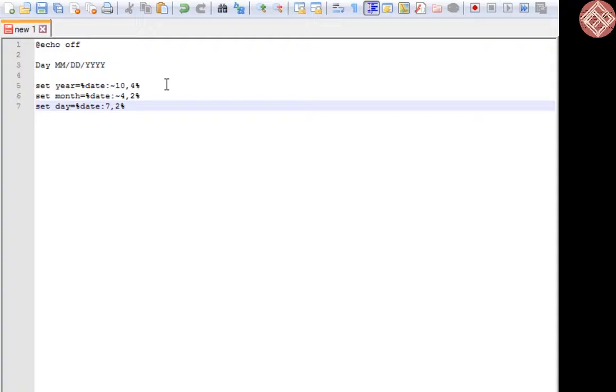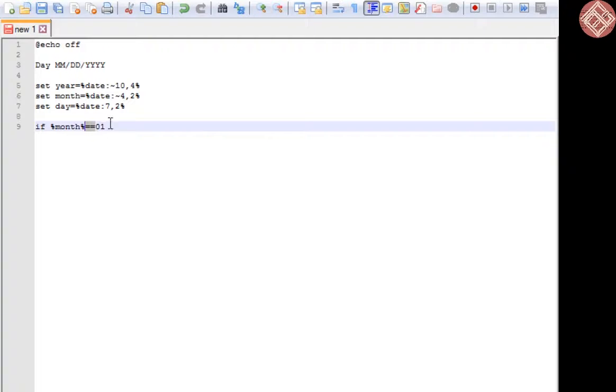Next, we need to decide the name of the month based on this month variable that we've just extracted. To do this, we can use a series of if statements. If month, and we remember those % signs, is equal to 01, we use 2 equal signs instead of 1 so that we can get a true or false value. Set month name equal to